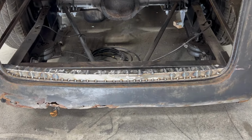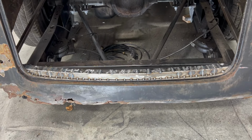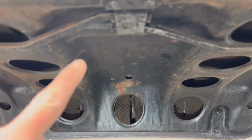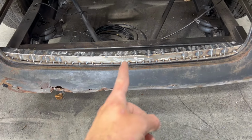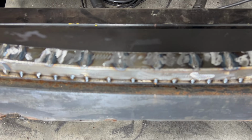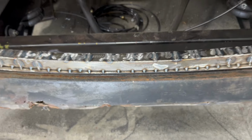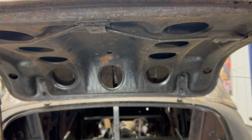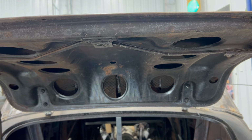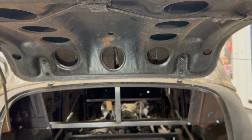All right, so I got that tacked in there, and it looks okay, but you know, anyone who's not an idiot would have looked at their latch on their trunk and realized that it will now bump into the middle of that because I wanted to get more surface area for my welds to stick to. So I put a bunch of tacks in there, and it's pretty well part of the car now. Now, the only thing I have going for me is this latch here is totally frozen, doesn't work at all. So I can take that out without any problem, but